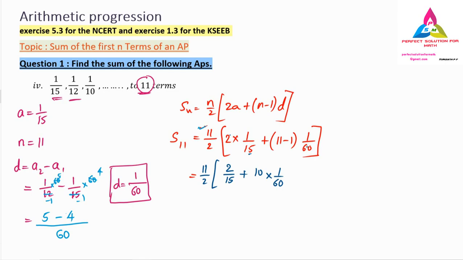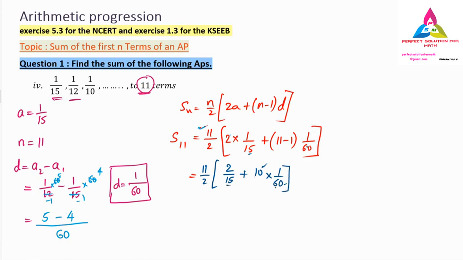Again here you can see we have 10 and 60, and we can cancel this 0 and this 0 easily. But I will not cancel that 0, because whether we cancel it or not, you are going to get the correct answer. I will not cancel this 0 and this 0. Why am I not going to cancel over here? Because over here you can see we have 15, and here we have 60.